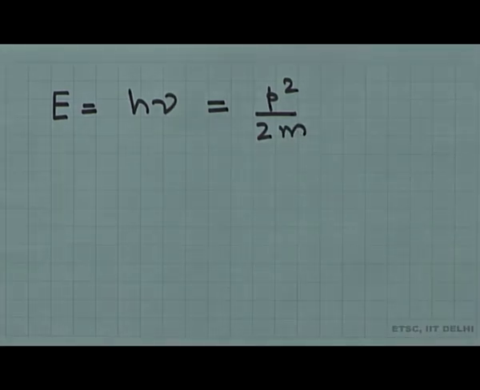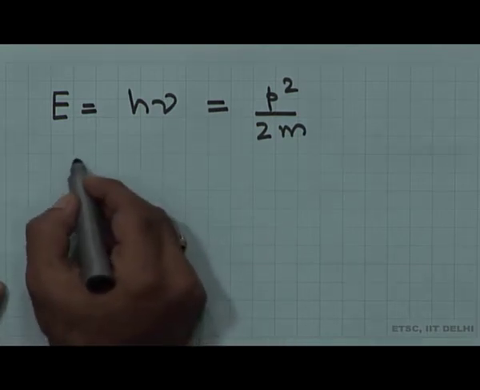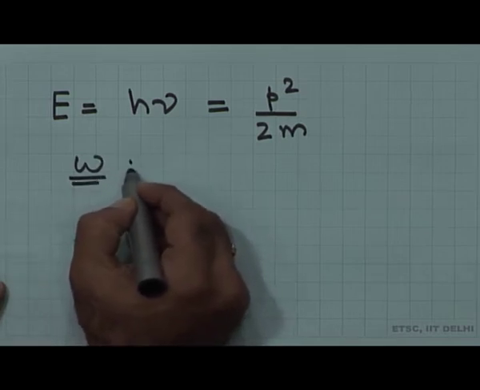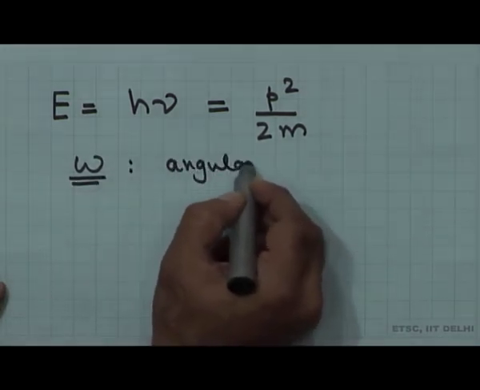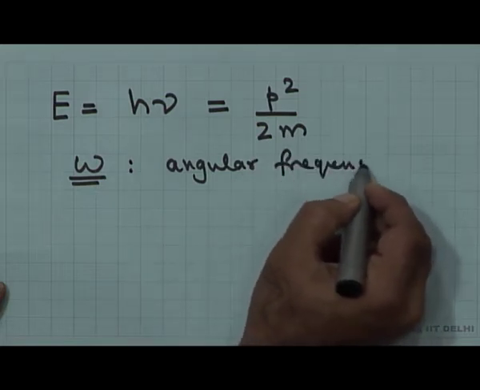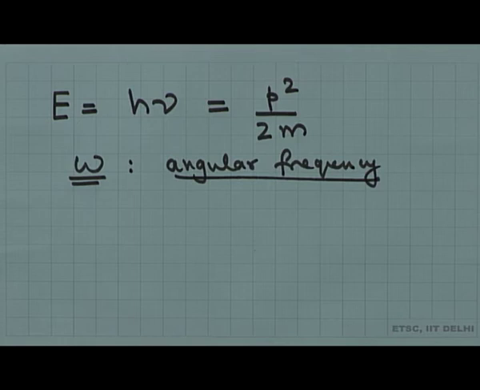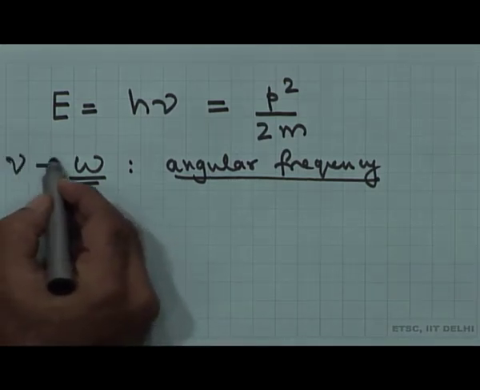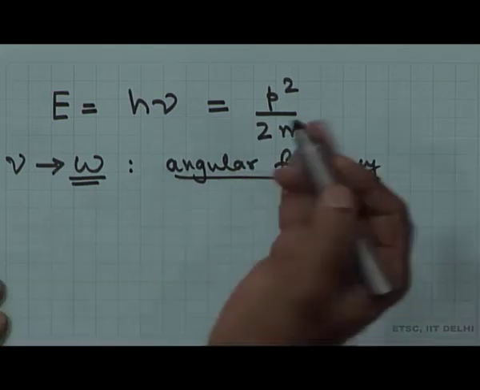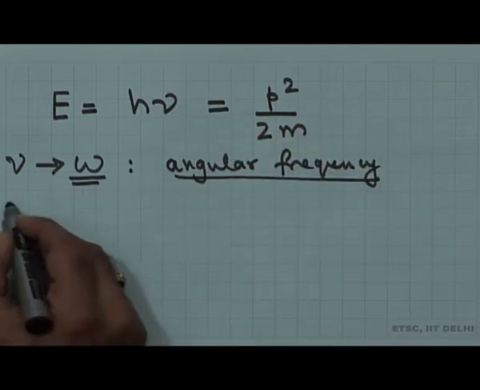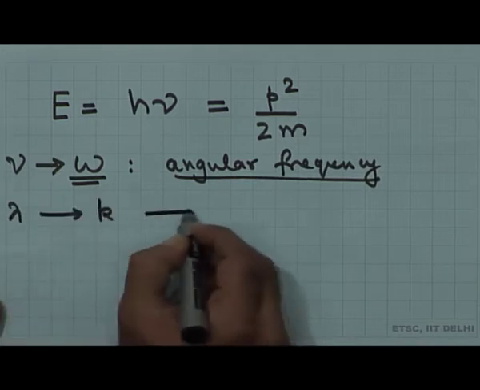It turns out that when people write down the relation between the frequency and the wavelength, it is customary not to employ this frequency or the wavelength, but to employ a different frequency which you are all familiar with, and that is angular frequency. In a similar manner, what people would like to employ when looking at the counterpart of the wavelength is not wavelength. So my nu is replaced by omega purely as a matter of convention. My lambda goes to k, and this is what is called a wave number.